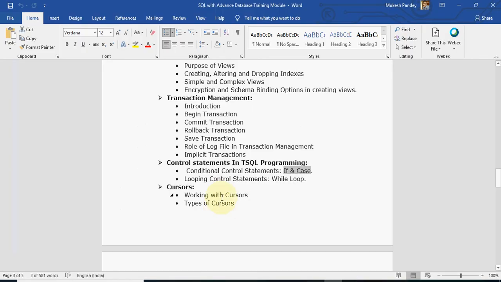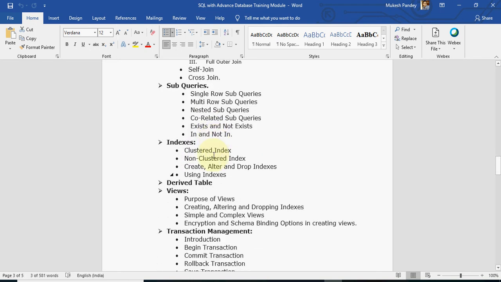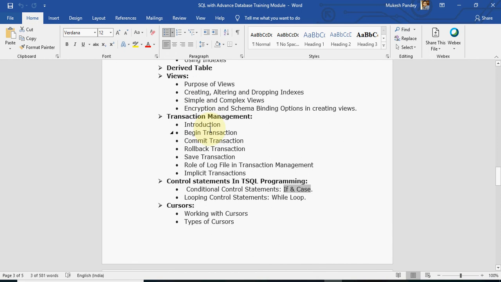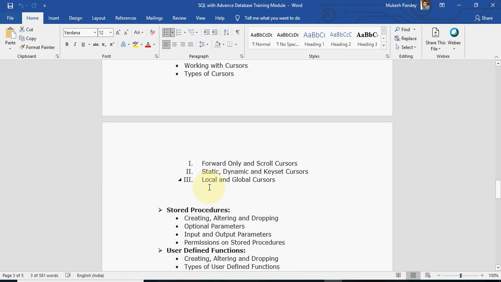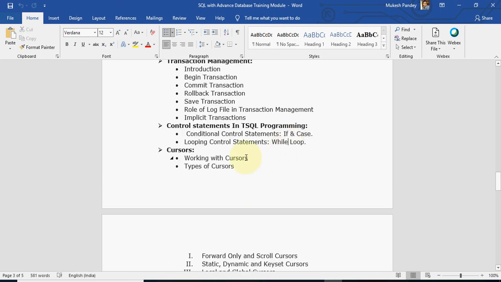हाँ, क्योंकि अभी आपके पास बहुत इम्पोर्टेंट कंटेंट है जो आप प्रैक्टिस नहीं किए। आपने सब क्वेरी प्रैक्टिस नहीं की, आज जॉइन प्रैक्टिस किए। हाँ ठीक है, बाद में कर देना। सब क्वेरी आप प्रैक्टिस करो, व्यू को प्रैक्टिस करो, और इफ, केस, वाइल लूप को प्रैक्टिस करो। ओके, और कर्सर को अभी हम लोग खत्म करते हैं, या कर्सर को कल खत्म करें? व्हाट यू थिंक इफ यू डू प्रैक्टिस? क्योंकि प्रैक्टिस नहीं होगा तो फिर और दिक्कत हो जाएगी।